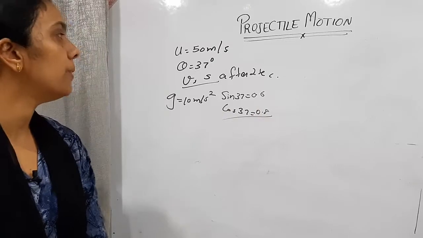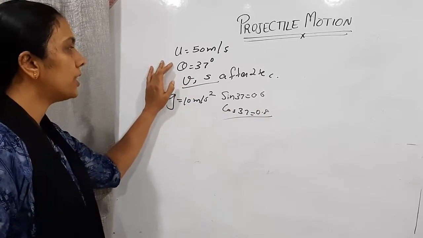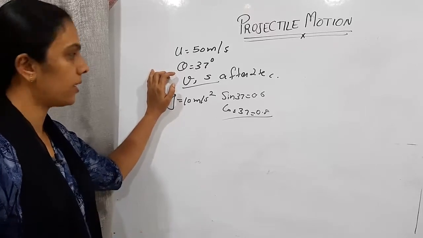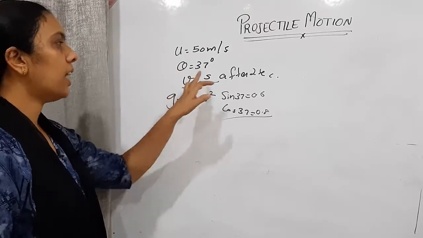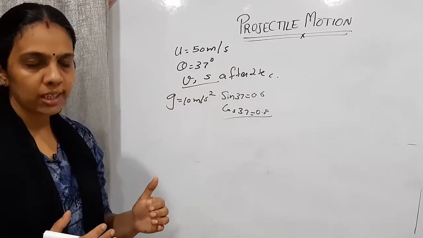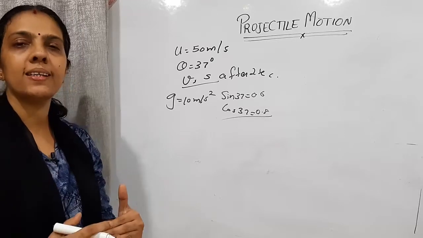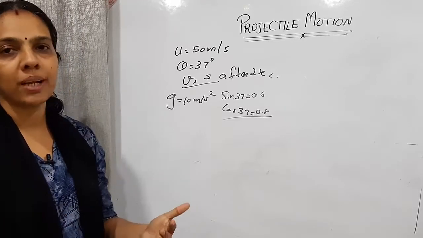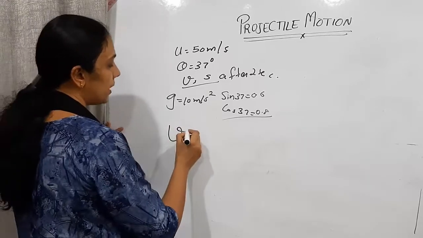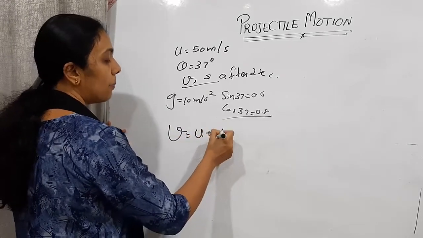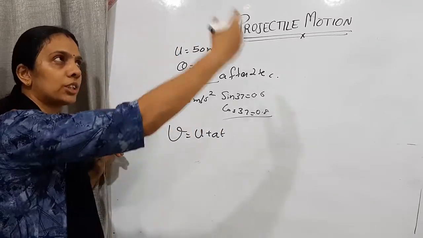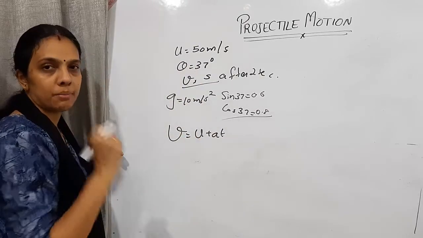So the initial velocity is given and it is projected at an angle of 37 degree with respect to the horizontal. We need to find the velocity and displacement after 2 seconds. Since it's a projectile motion, it is moving under constant acceleration, therefore we can apply equations of motion. When applying v is equal to u plus at, note this is not a one-dimensional equation. It's a two-dimensional problem, because it's projectile motion, so we should consider 2 dimensions.